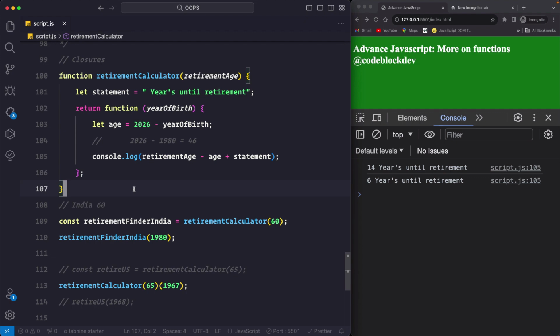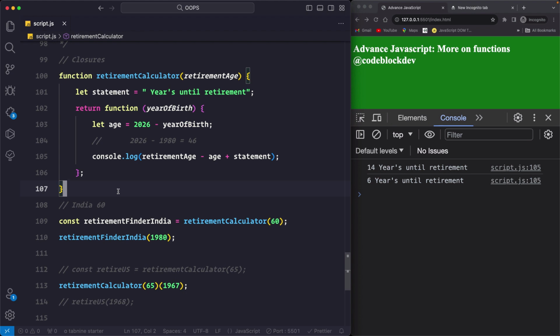Now we know that when a function gets called, it gets stacked on the execution stack, right? So when I call this retirement calculator, an execution context was created and it was put on top of the main function, right? And after that, inside that execution context, we have this statement variable, and then we have this function. Don't worry, we are going to see the graph as well, we are going to see the presentation, so we are going to understand everything. Now inside of that function, we are returning something. Now when I call that function, the function gets popped off the stack, right? Which means it is done executing.